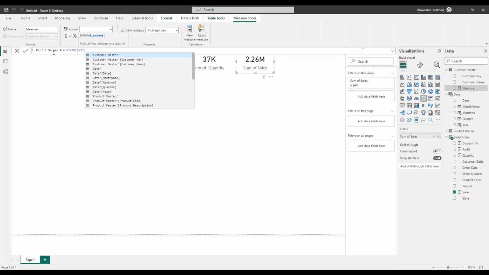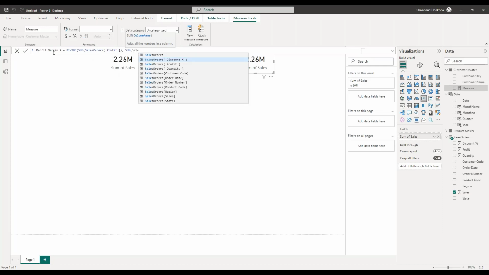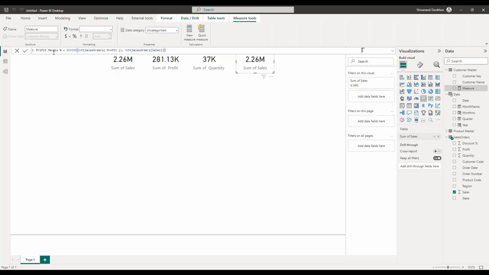And my numerator is going to be the sum of the profit and my denominator is going to be the sum of sales. Once I pop in my close brackets and I hit enter,